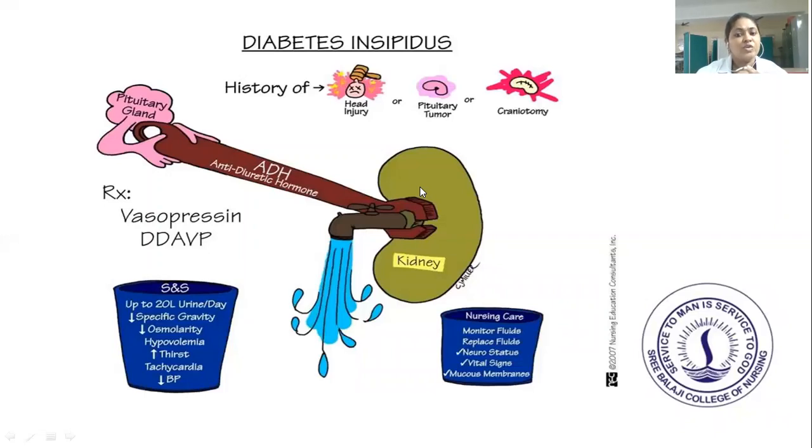And for the neurological status, we have to do the neurological examination and maintain the Glasgow coma scale. For the mucous membrane, we have to give proper skin care for the patient because the patient will have a dehydration problem. So I think so far we have discussed